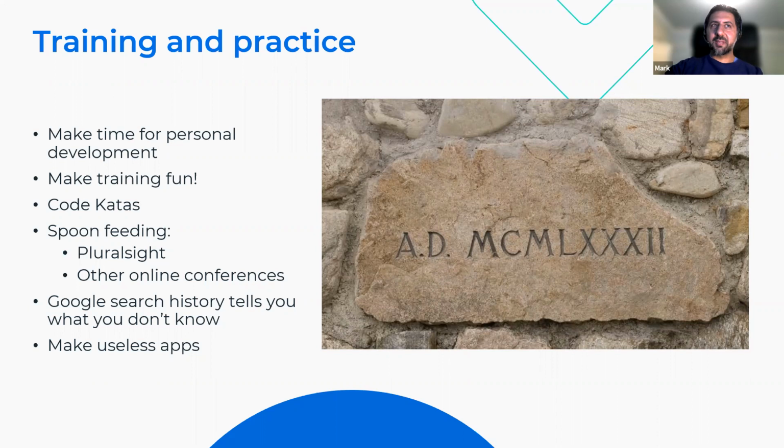I've put up some Roman numerals here because of the code katas. Code katas are something that you can search online. You'll find loads of code katas. Kata, I think, is a Japanese word, and it's around some of the martial arts where you keep practicing over and over to try and become better. So code kata is just practice. So there's Roman numerals, which are good fun. There's Project Euler, which you can search up. And there's many other sites out there which will give you little coding challenges.